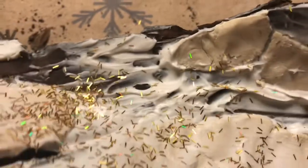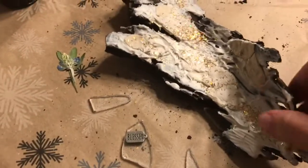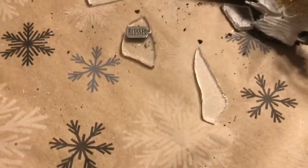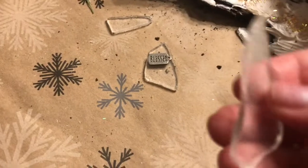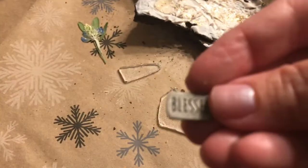You can see. I want to go ahead and set up my project here. I pulled out some pieces that I thought I might want. These clear sea glass pieces. They kind of have a little pattern on it. You can see that. And I chose the word blessed